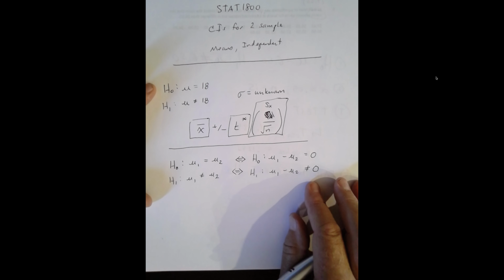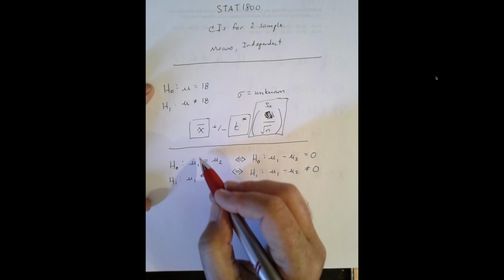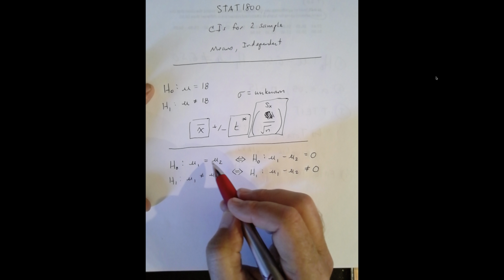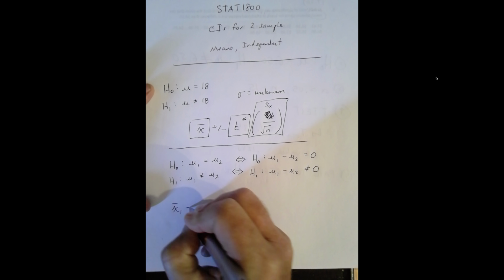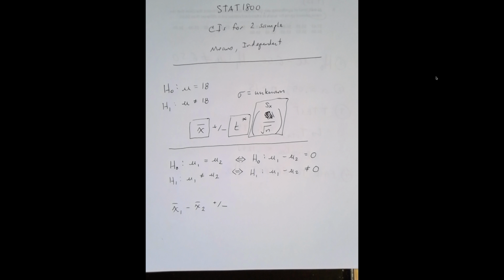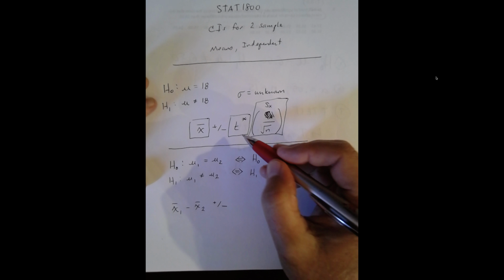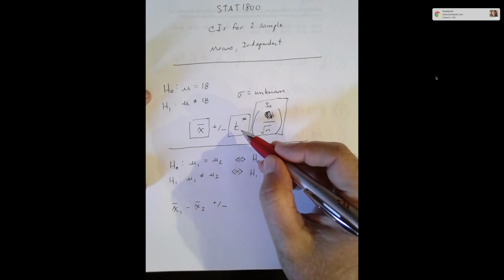Now, for these problems, what should go there? Well, what do we use to estimate mu1 minus mu2? Guys, that's the only thing it could be: x bar 1 minus x bar 2. What do we put here? Well, as I told you in a previous video,